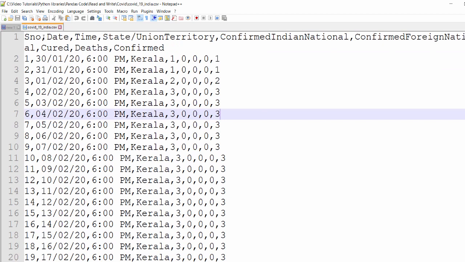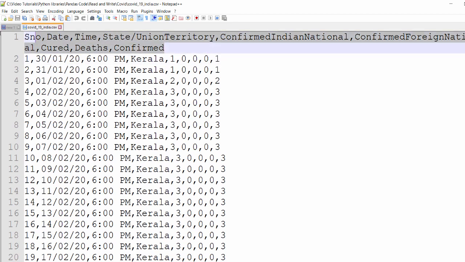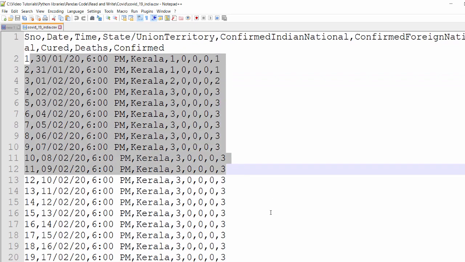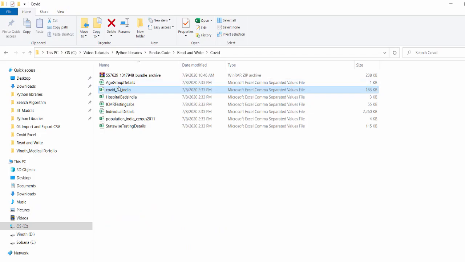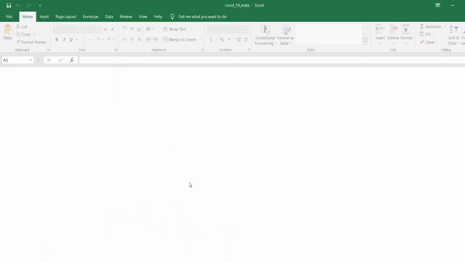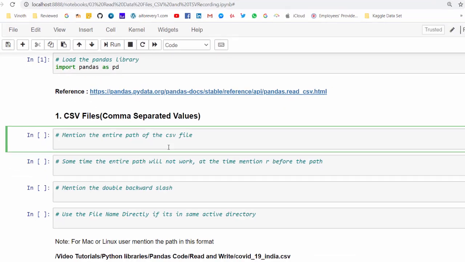Every value is separated by a comma, that's why it is called comma separated value. The first row is always considered as the columns of the table, followed by each data mentioned in the rows. If I open it in Excel, it will be easy for us to visualize.